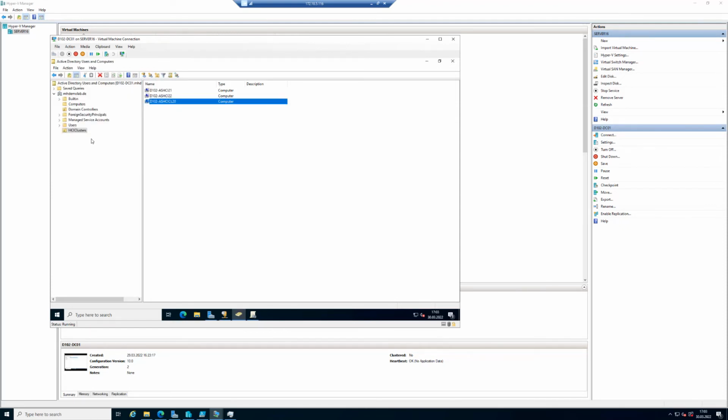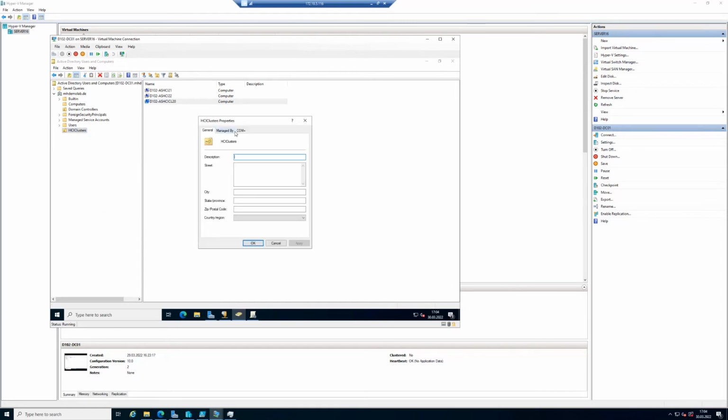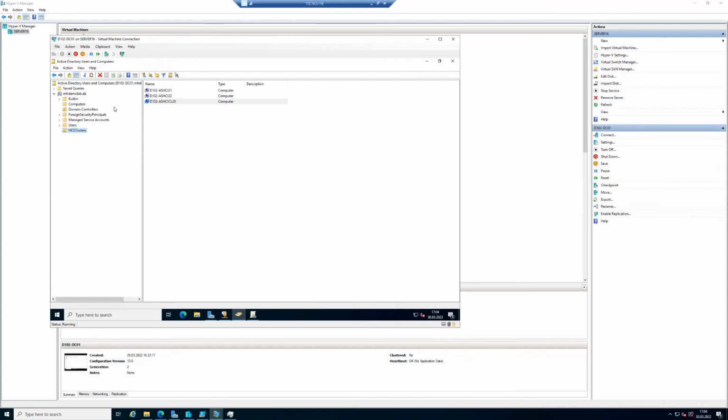Now the important step is that this cluster computer object will need to create additional cluster service objects if we create additional highly available services. So this cluster object has to be configured with the required security privileges for this HCI cluster container. To be able to do this, I have to go to properties and I will see there's no security here, because with a standard configuration of Active Directory Users and Computers, you have to switch to